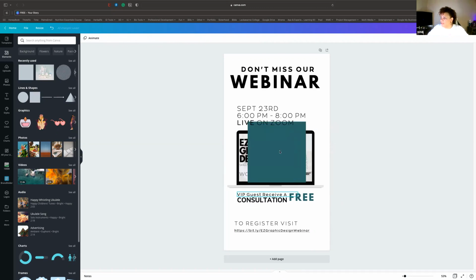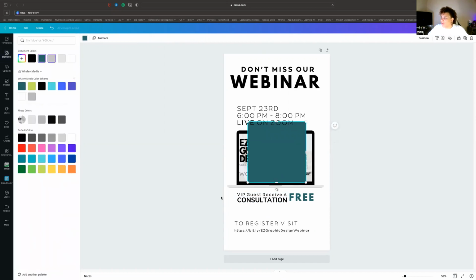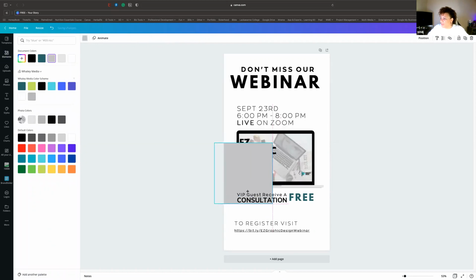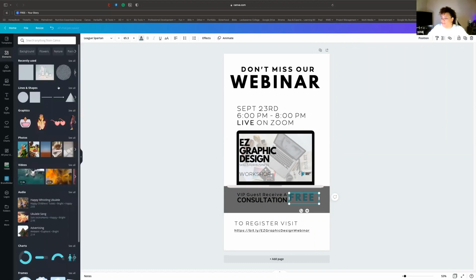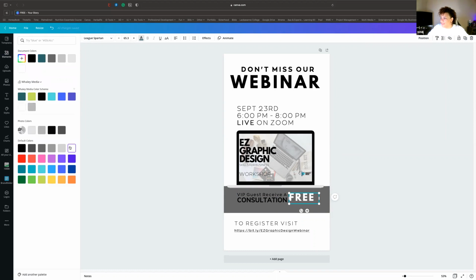First thing is this right here. I'm just going to add a little gray here, and actually a darker gray. I want it to almost be as though it's on a table, but it's not really on the table. And you'll see the contrast of that font is not the greatest. So we need to work with that, right? So the first thing I would do is send my thing to the back here. And now we have it resting on the table. Change the color of the font so that it stands out.